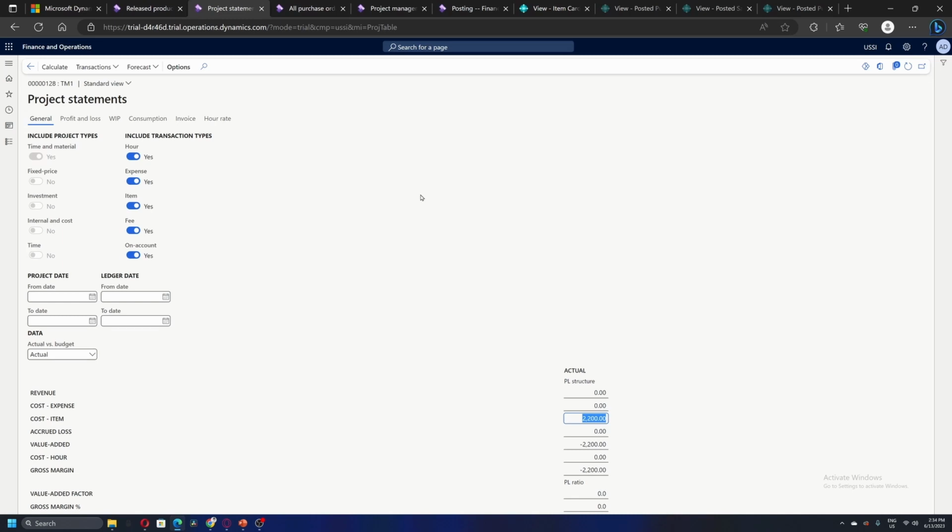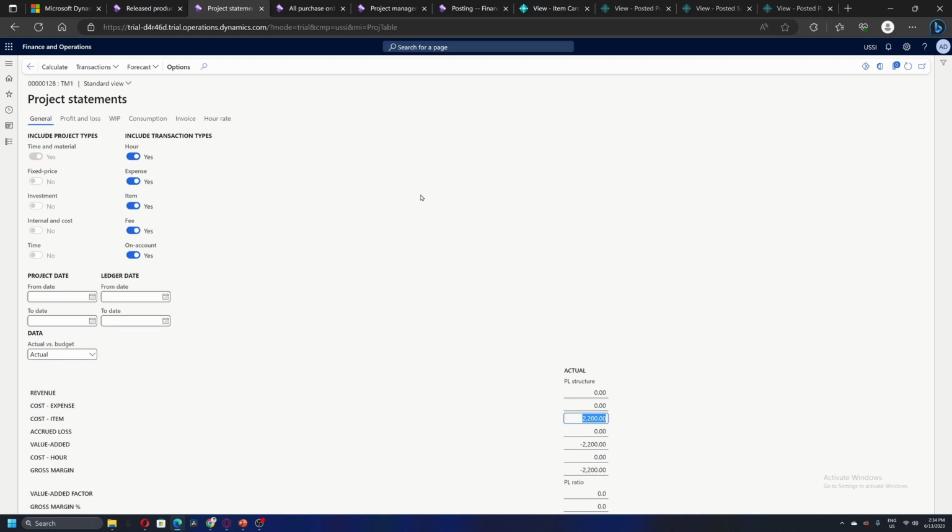The second scenario is where, as a project manager, or maybe because of the requirements of the project, I don't want to immediately consume the item on the project as soon as I receive a project purchase invoice. The consumption of that item will be based on my project plan, some timelines, maybe some WBS or project plan activities.